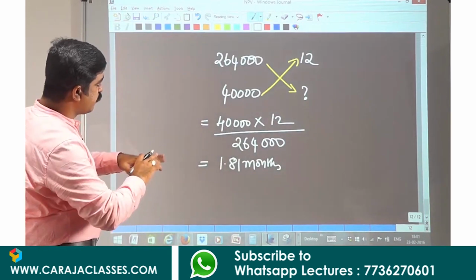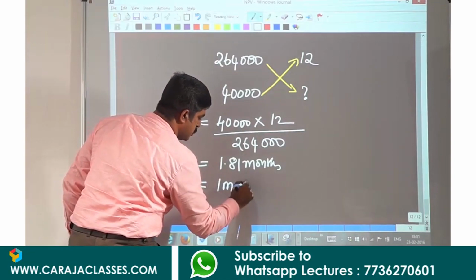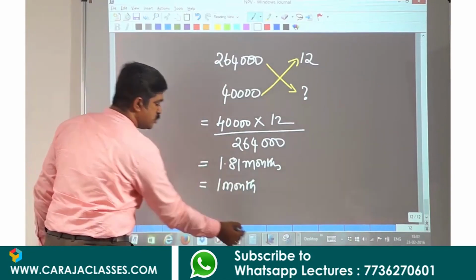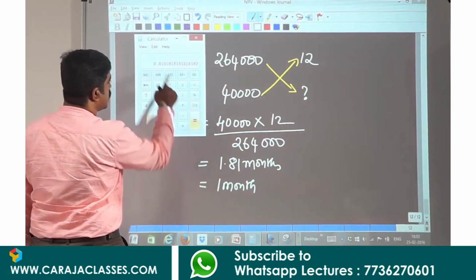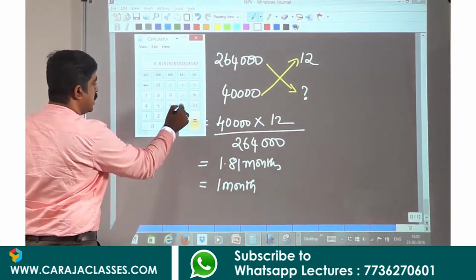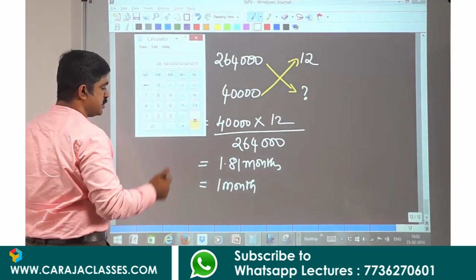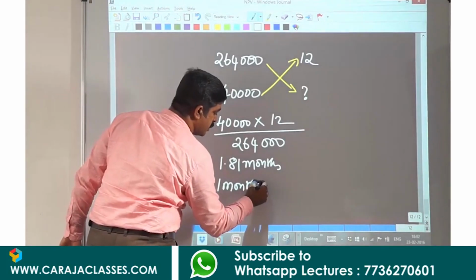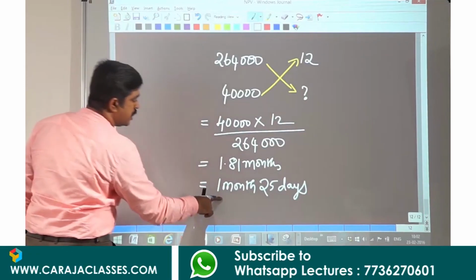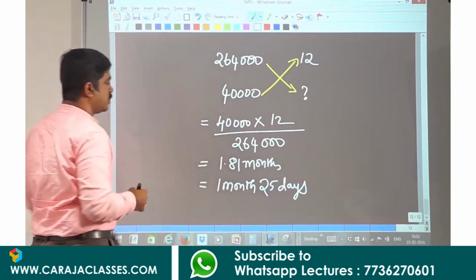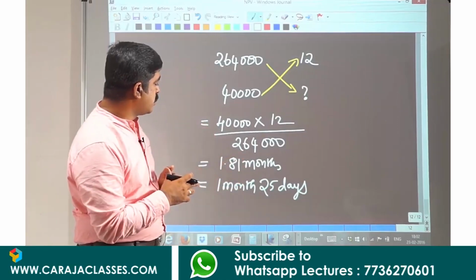If I express this fully in period terms, it is going to be 1 month. And this 0.81 can also be expressed in time period. So from this 1.81, I will subtract 1. So what I have is 0.818. I will multiply that with 30 days. So what I'm going to get is 24.5 days. So I can call it 25 days. It means it will take 1 month and 25 days to recover this 40,000 alone. And over a period of 3 years, that 9,60,000 is already recovered.